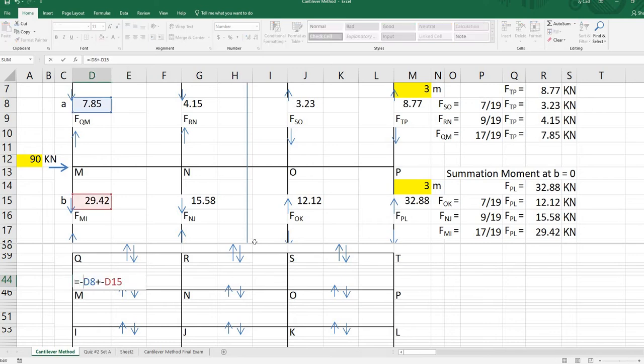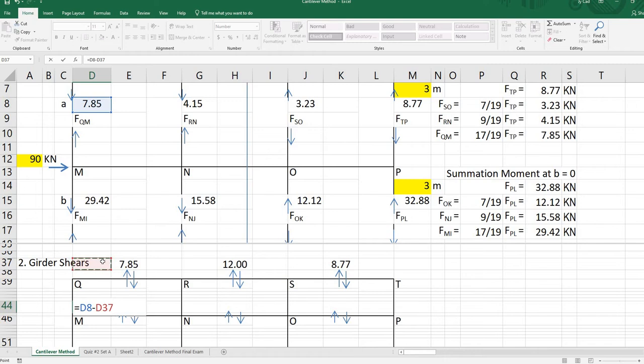Okay, so ayan, 21.58. Now let's check. Ayan. Okay. Check ulit natin. Summation forces vertical equal to 0. Yung 7.85 is acting upwards minus 29.42 in the sense na it is downwards, kaya siya minus. And then plus yung